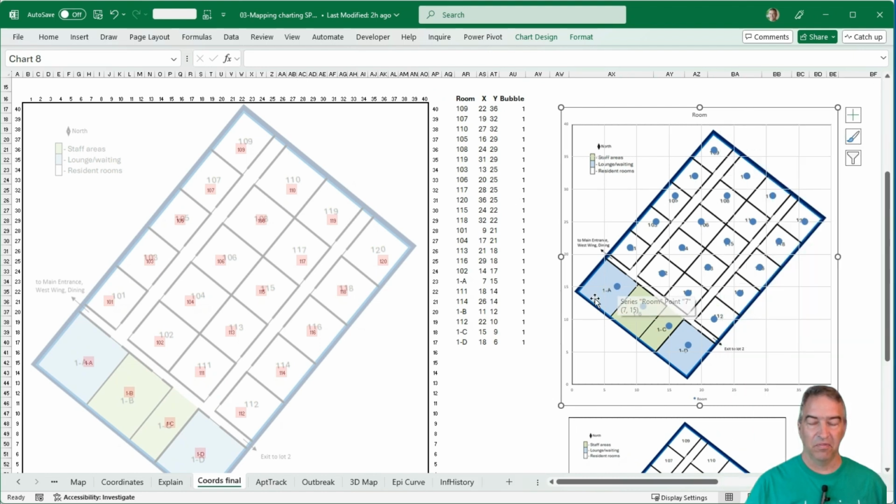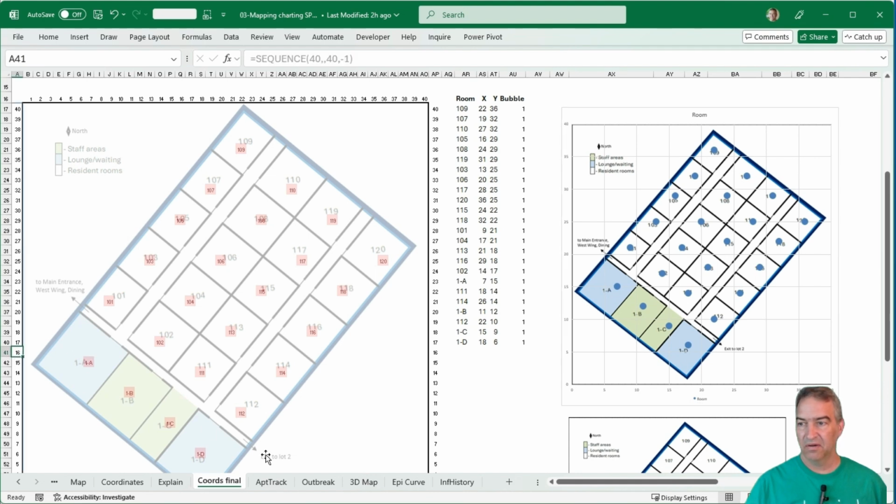Now it's a good time where you can go and fine tune the position of these dots by changing the coordinates. So I'll just show an example here. Room 1A isn't really in the location where I want it. So I can go back to my grid over here. And again, I clicked outside of it so that I can move my cell selection. I deleted 1A that I typed in there, and now I'm going to type in 1A again. And now my dot has moved slightly in my chart,